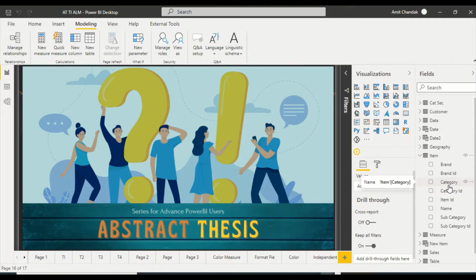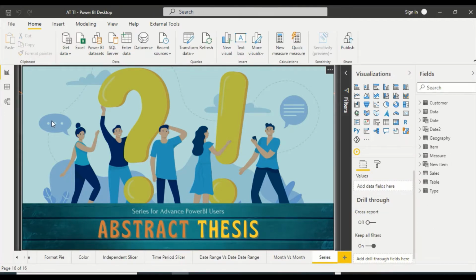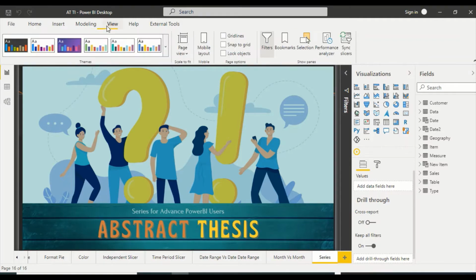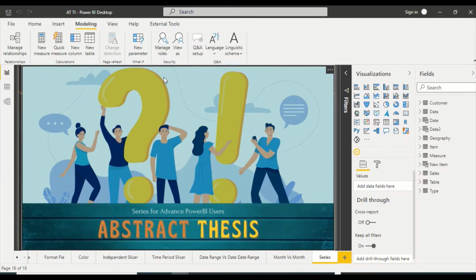To apply this, we have to create a certain set of roles, and then those roles need to be assigned to the users, and then this security will apply. So that is row level security for you. So let's try this out. In RLS, we create certain roles and test those roles on Power BI Desktop using View as. Today we are going to create certain roles, test those, and also test those on Power BI service.